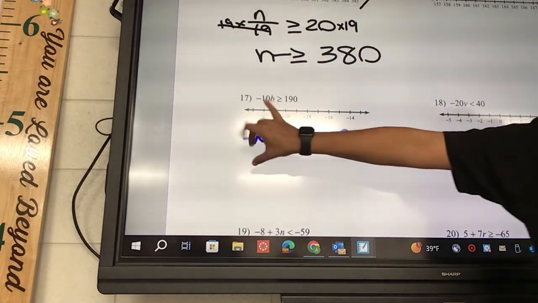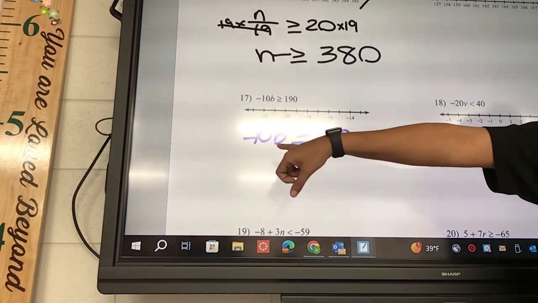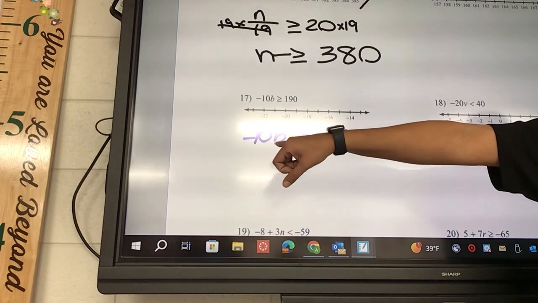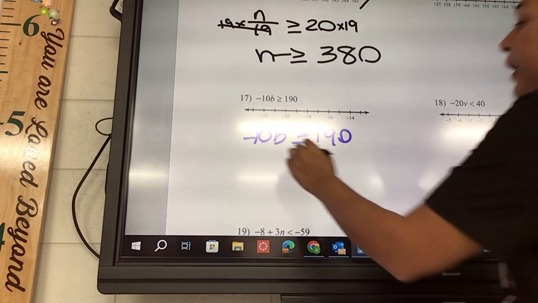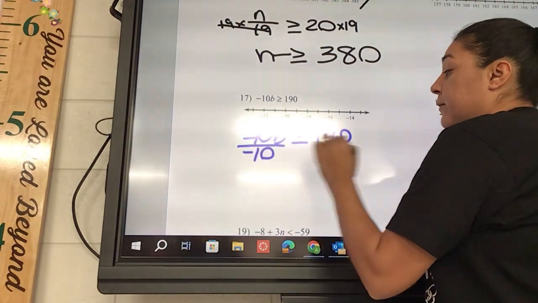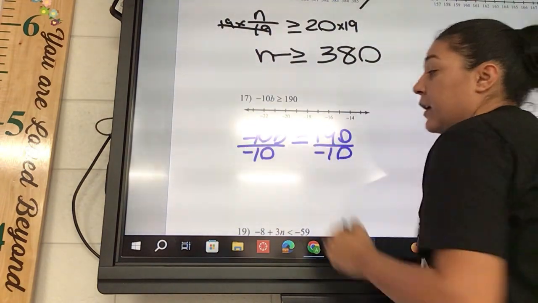Well, again, how do I move this? We gotta divide, okay? So when they're right next to each other like that, that 10 and that b, they're kind of squished together, there's no sign in between. That means times. So we're gonna divide by negative 10 on both sides, okay? Now,